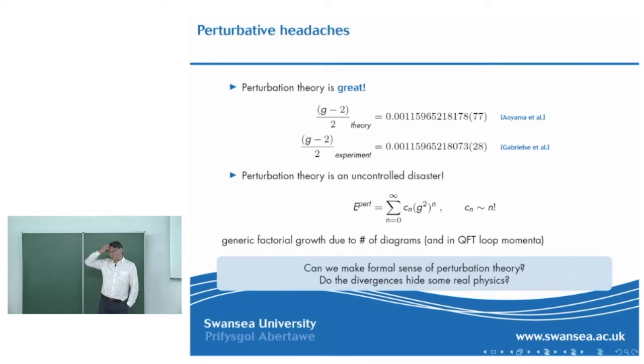But this should cause sort of cognitive dissonance, because at the same time as it being amazing, it's also fundamentally terrible. So in general, perturbation theory is an expansion in some coupling, g, whose coefficients grow. And they can grow for 2 reasons. They can grow just because you have a lot of Feynman diagrams. That's one source of growth. Another source of growth is actually when you do the integrals themselves, that can produce some extra factorial behavior. And you try and sum a factorially divergent series, and, well, that's not finite.